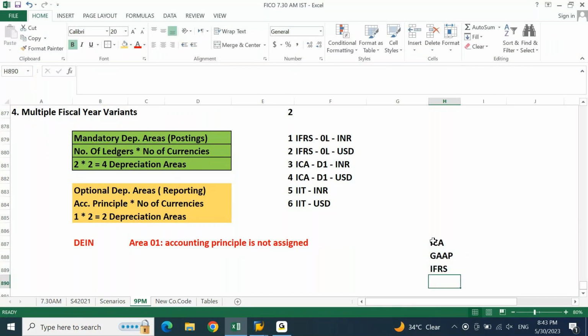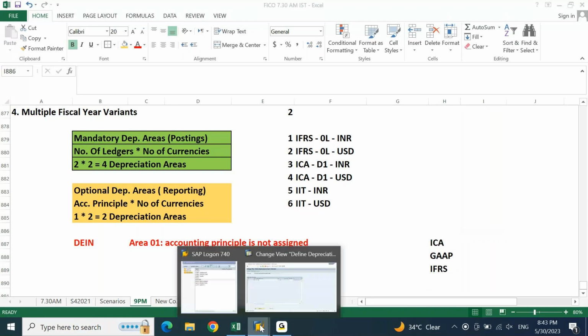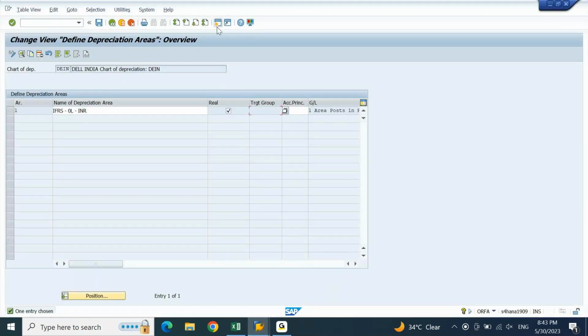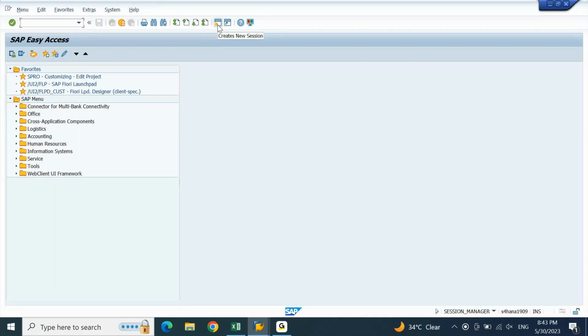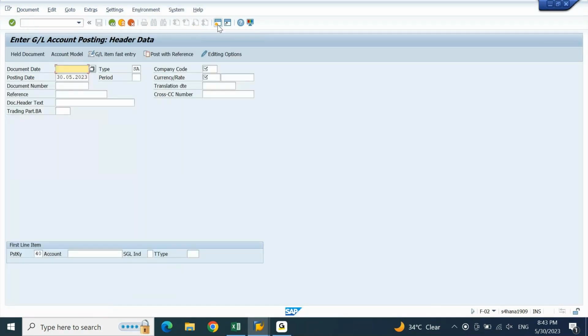Now whenever you post any transaction, your transaction will not contain any ledger-related field. This is where you normally post entries, on a similar screen. Your header part will remain constant. Agree? Agree, sir.